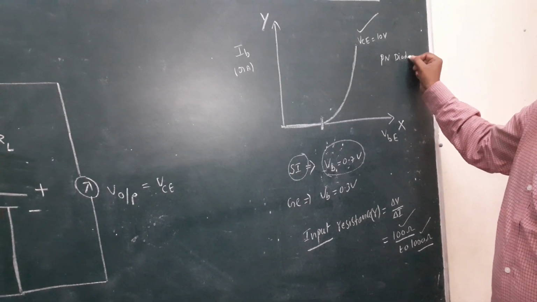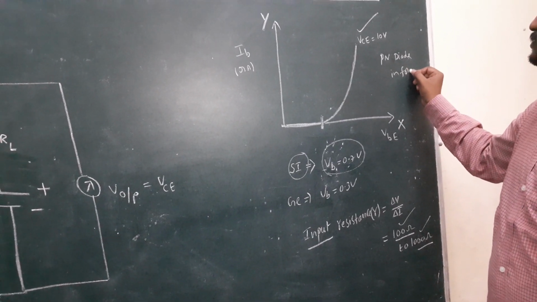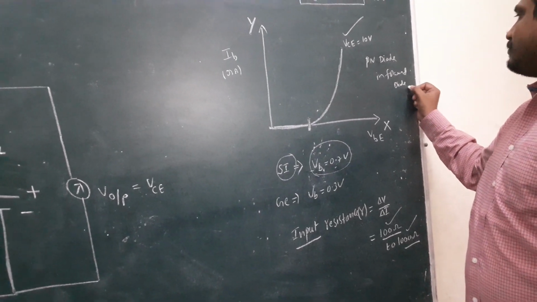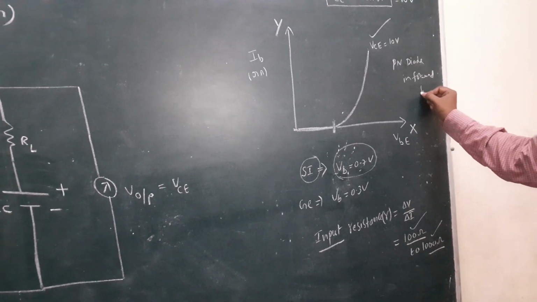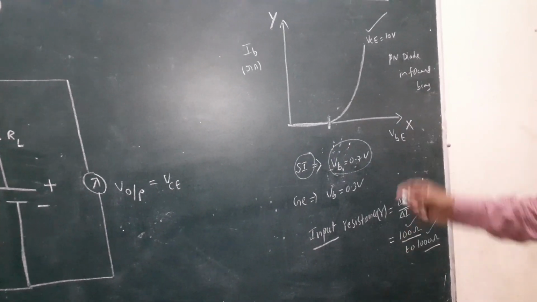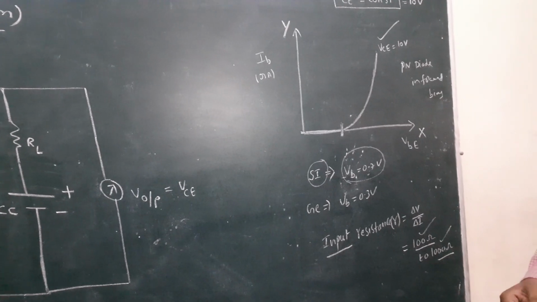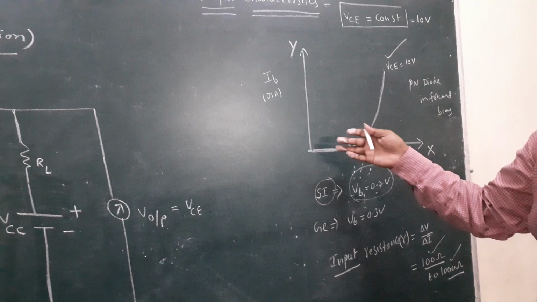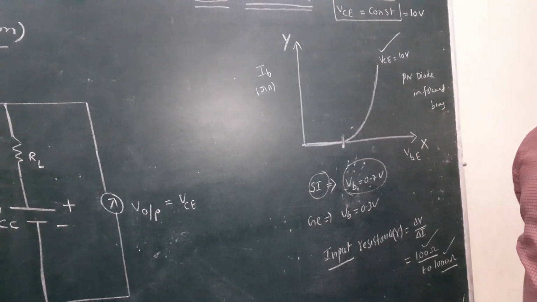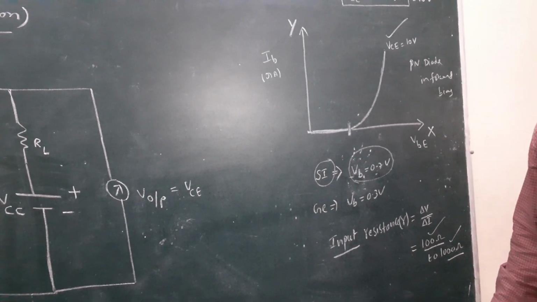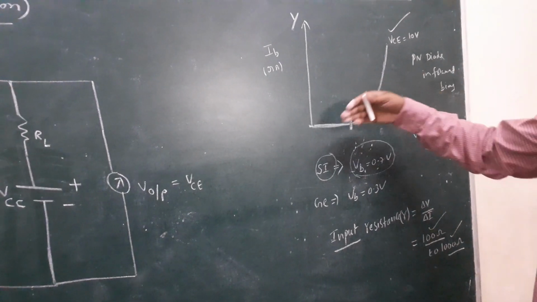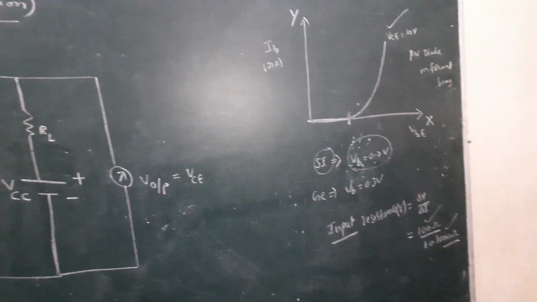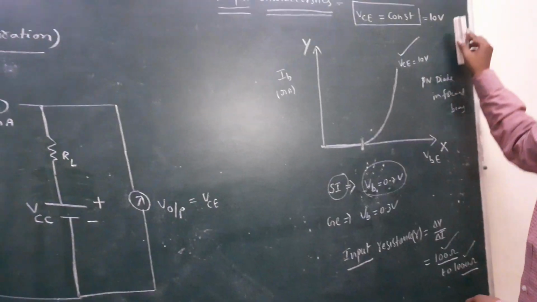This is similar to the input characteristics of the transistor graph, similar to a PN junction diode in forward bias. In the previous class I discussed this, it is last week's syllabus. This graph is similar to a diode in forward bias. These are the input characteristics. In the input characteristic study, the output voltage is constant, the input voltage changes, and automatically the input current also changes. Input resistance varies from 100 ohms to 1000 ohms.